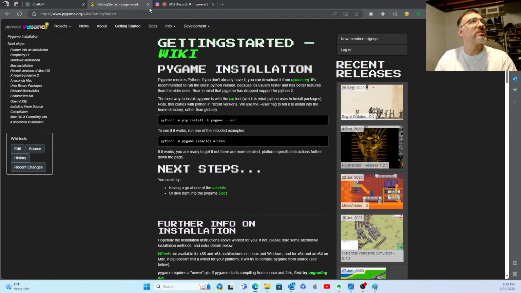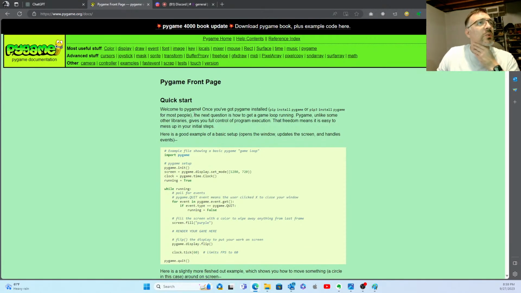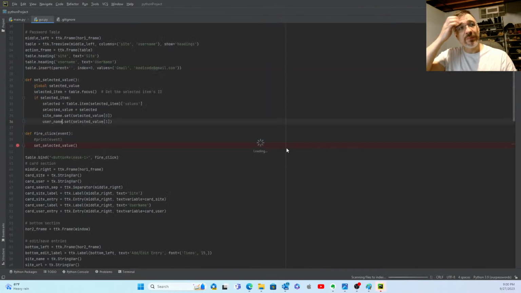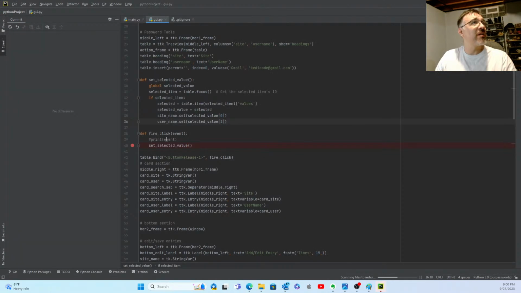Let's jump right in. Okay, so here's the docs. Welcome to Pygame. Once you've got it installed, pip install Pygame or pip3 install Pygame. All right, let's do that. I have PyCharm on the computer, so I guess we'll use PyCharm. We could also use VS Code. I haven't really used VS Code a lot for Python development. I like PyCharm. PyCharm does a good job of